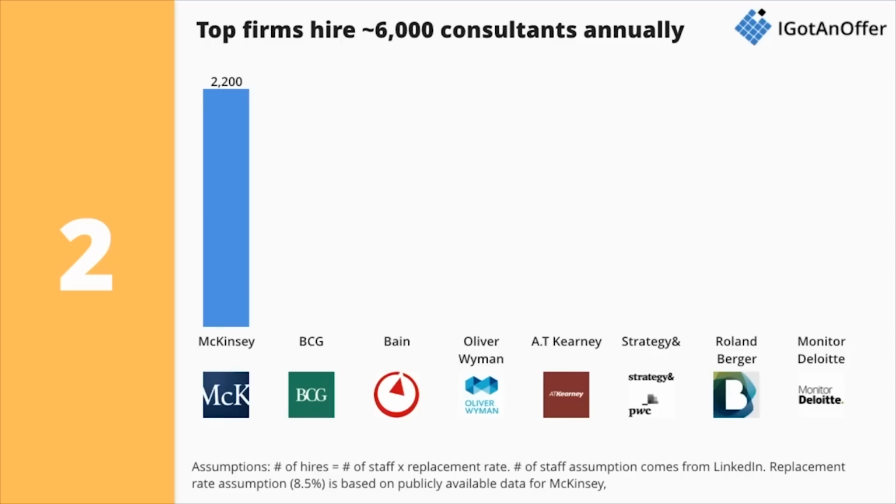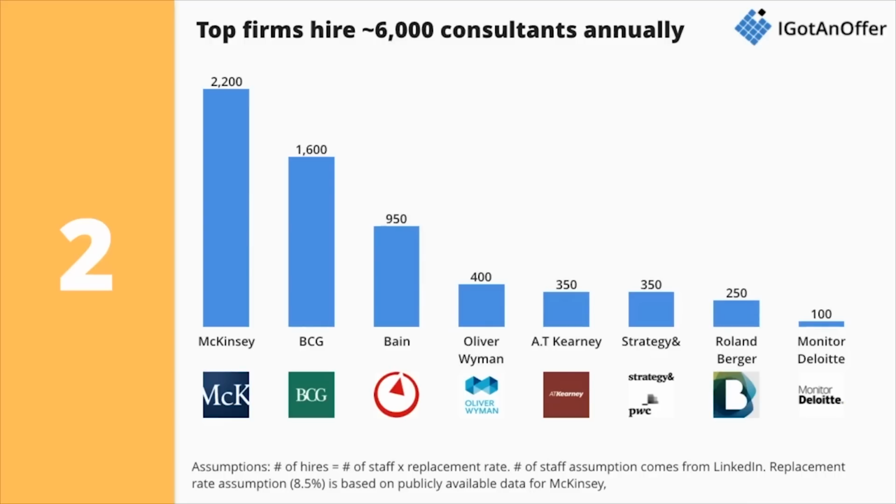There are around 26,000 employees at McKinsey at the time of recording this video. So if the firm hires around 2,200 every year, that means that it also replaces about 8% of its staff every year. So if we assume for a second that staff turnover at other consulting firms is similar to that at McKinsey, we estimate that top consulting firms hire around 6,000 people every year. The biggest recruiters in the industry are therefore McKinsey, BCG, and Bain, followed by a long tail of smaller players. Looking at things from this perspective is somewhat comforting. Indeed, if you manage to break into consulting, there's a 30% chance you'll end up at McKinsey.